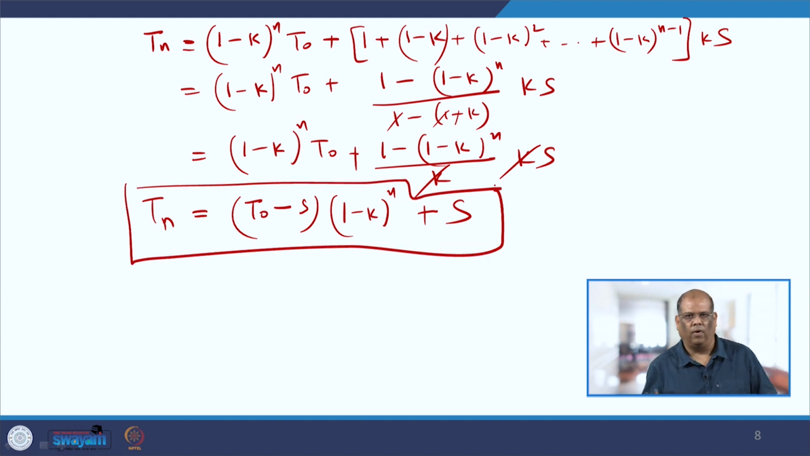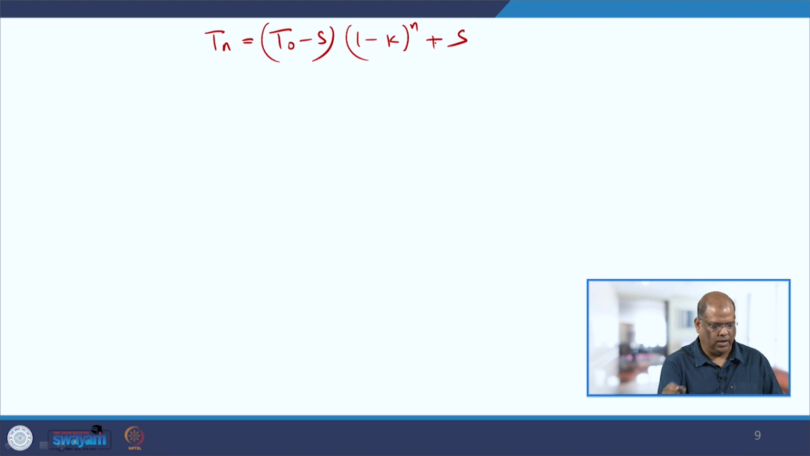So, some sort of formula. Now, let us calculate the time for murder. So, I rewrite Tn is equal to T0 minus S into (1 minus k) whole to the power n plus S. So, after the murder,